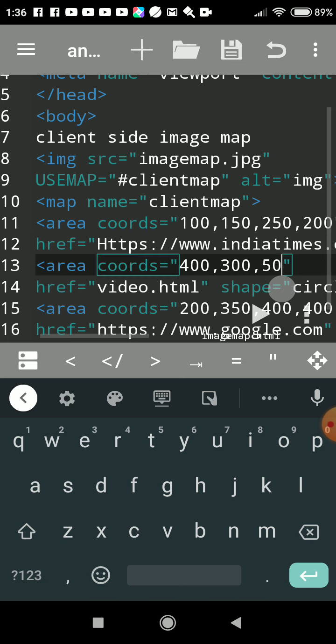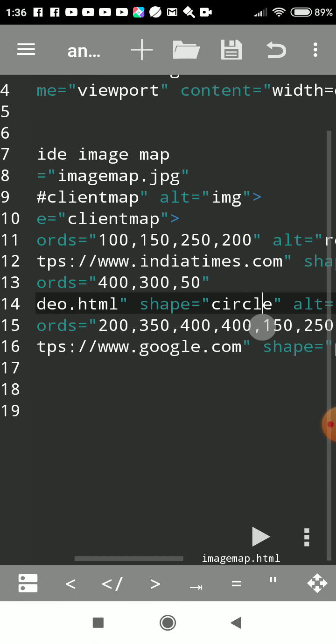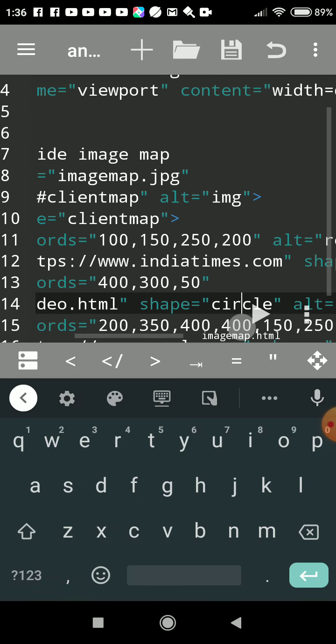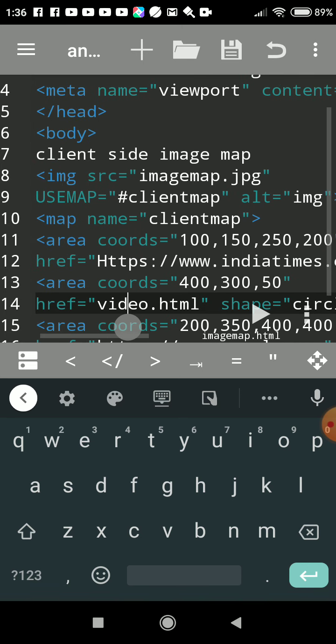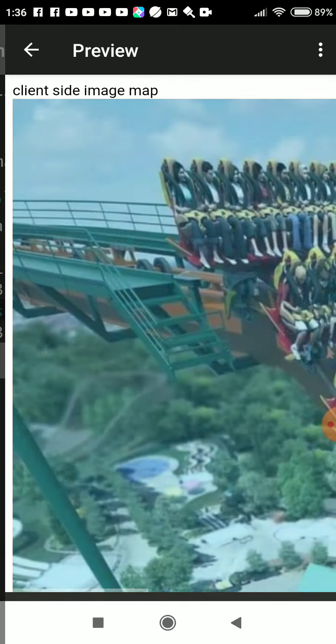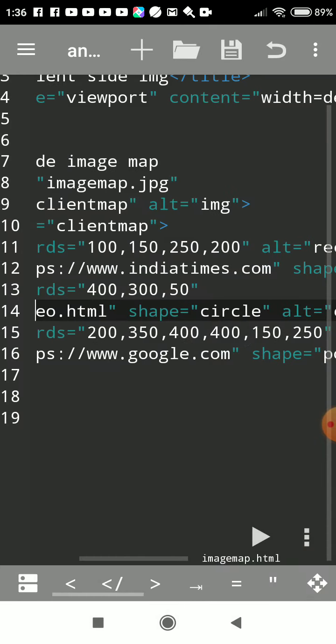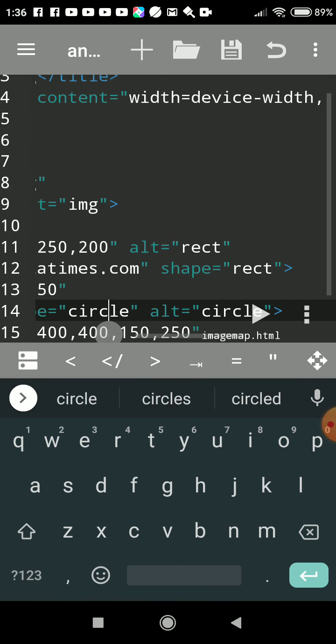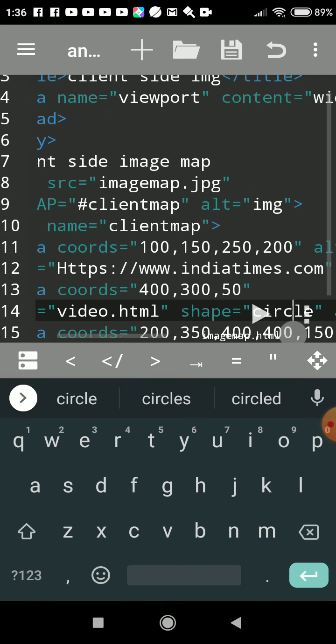So you only have to give three values, that is x1, y1 and the radius. After that I had opened an href. When I click on the circle, a local file should open. Not only a website, you can open your local files also.